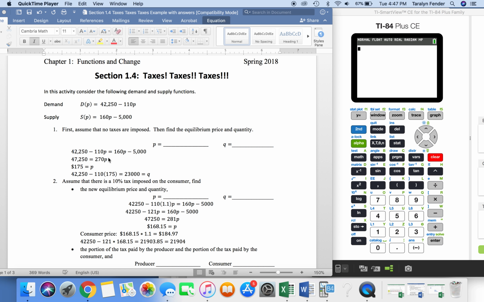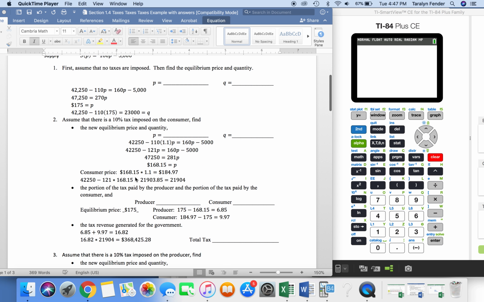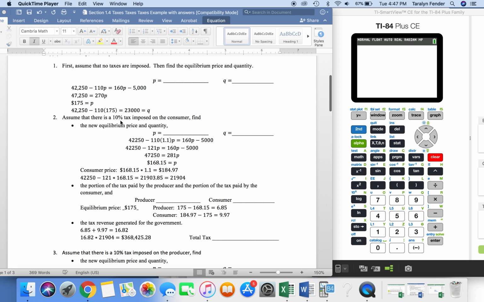Setting them equal to one another, we find the price is $175. Substitute that in, that gives us a quantity of 23,000 items. Now we have an imposed tax of 10% on the consumer. We will use the demand equation and multiply the price by an increase of 10%, so 1.1, and simplify our equation. Now we have an equilibrium price of